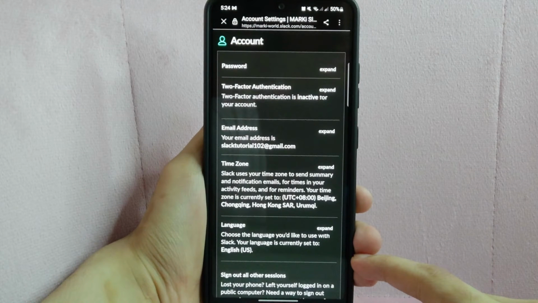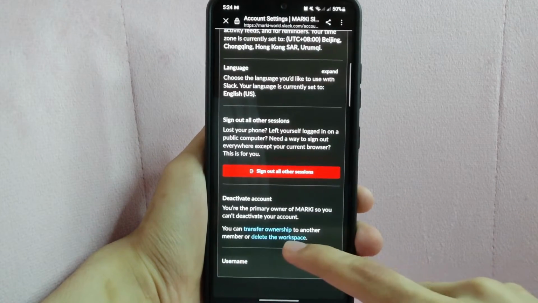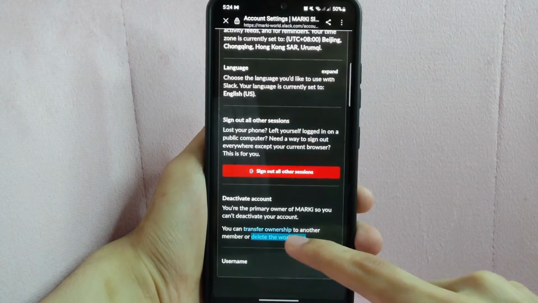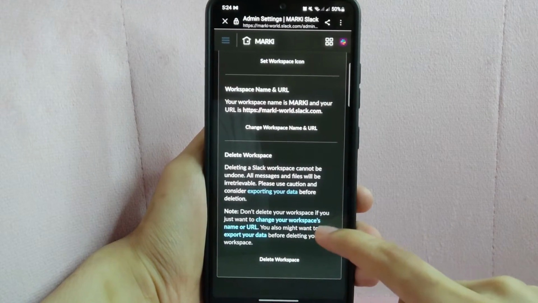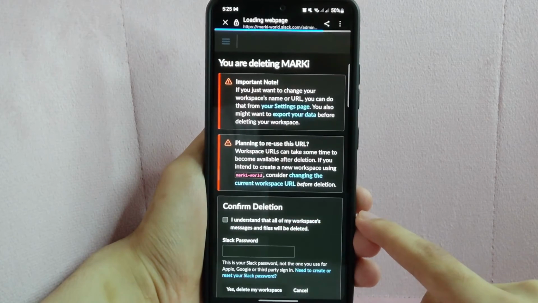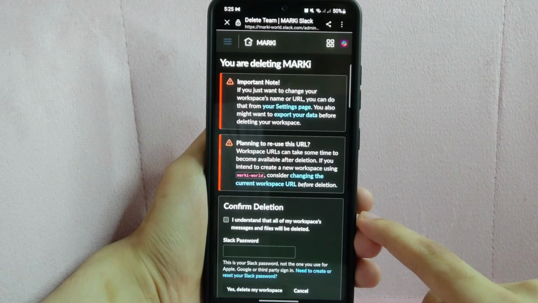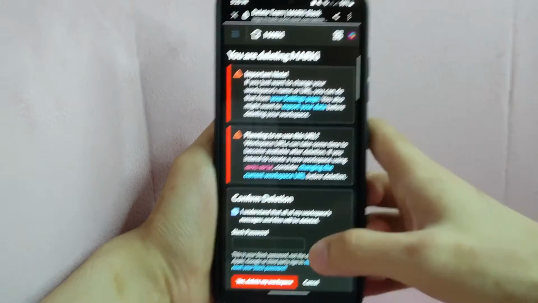After that, you will be directed into this page. Here, swipe up and under the Activate Account section, tap on this Delete the Workspace. In this page, you can see this Delete Workspace button. Simply tap on that. Here, you need to confirm deletion, so click this small box to acknowledge that you understand